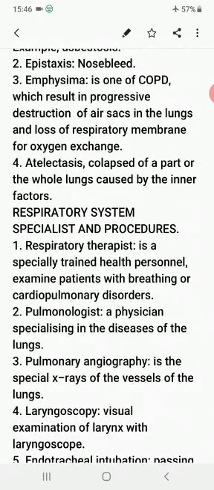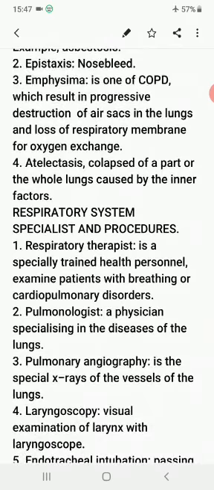Number 4, atelectasis, collapse of a part or whole lungs caused by the inner factors. Collapse of one bangare ko kuma duka lungs din caused by the inner factors. Misali pneumothorax, that is leakage of air, yana sa ana samun atelectasis. Kun ga pneumothorax yana faruwa ne a ciki, so mashaya sigari su suke iya samun ciwon daurori. Mashaya a daina, in kina sha kana sha wallahi a bari.